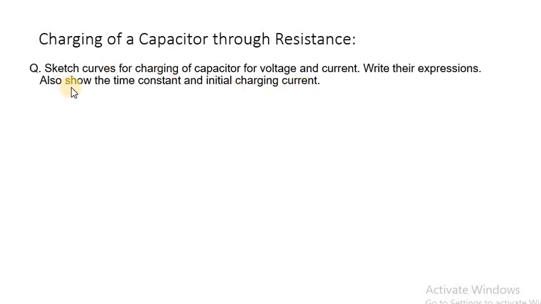Now another type of question comes on the same bit: define the time constant of RC circuit. Normally that particular definition comes for 2 marks. We have to write the equation of time constant tau for 2 marks. So the question comes for 4 marks. And this particular question comes for 8 marks.